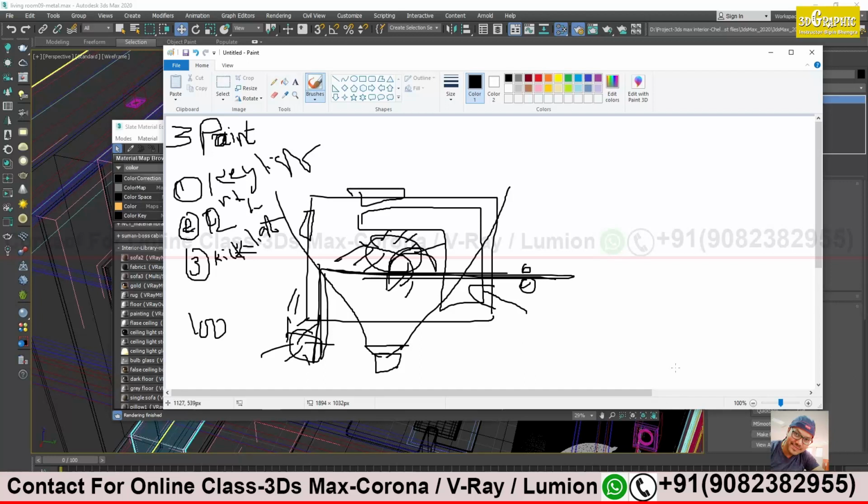So when you are applying light from the outside, there should be a window, otherwise the light will not come inside, right? I will answer that. If there is no window, I will tell you what the solution could be. Okay, the first is your key light, and 100% of the light will come from the key light.